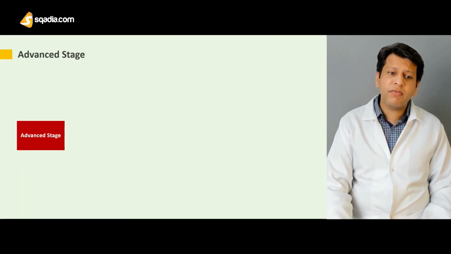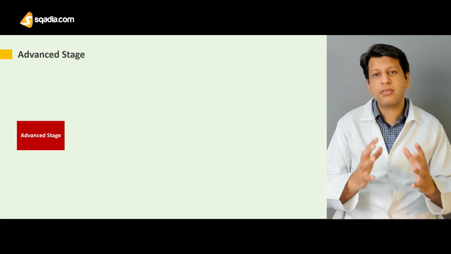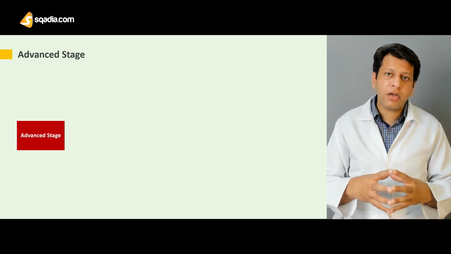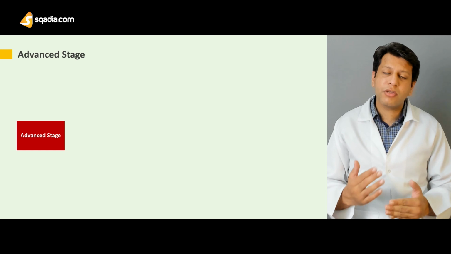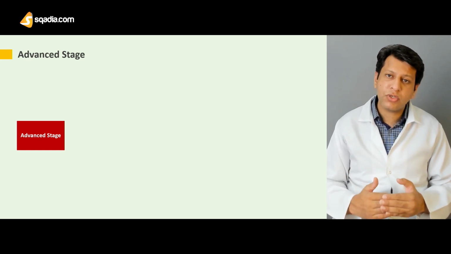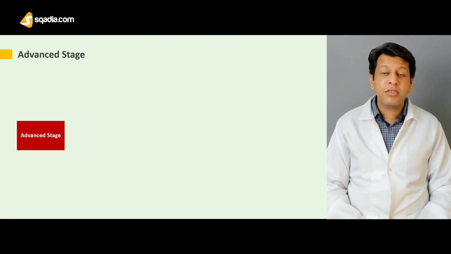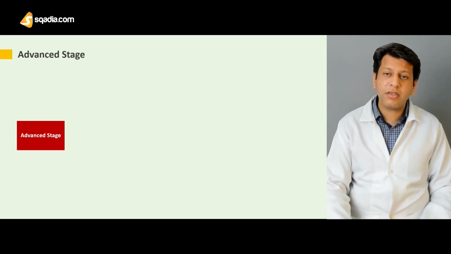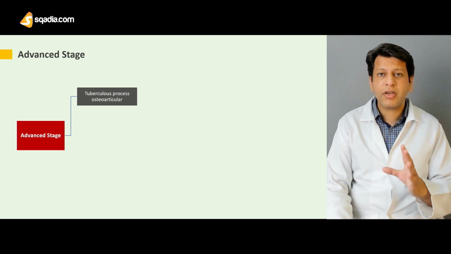Now, once the advanced stage has occurred, supposedly it stays in the same joint and remains a monoarticular arthritis. That means it will continue to proliferate. There will be synovial reaction, subchondral bone will get inflamed, and there will be infiltration of leukocytes into the subchondral bone as well as the cartilaginous tissue. There will be edema, swelling, and then once this stage has started, this leads to